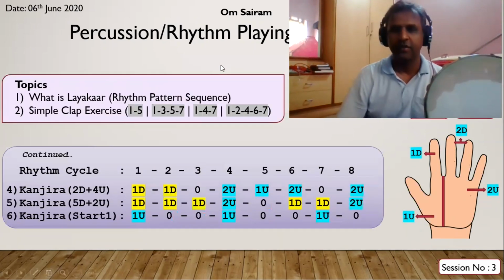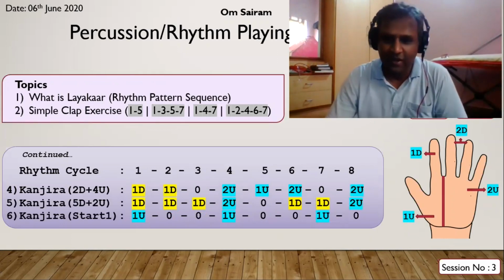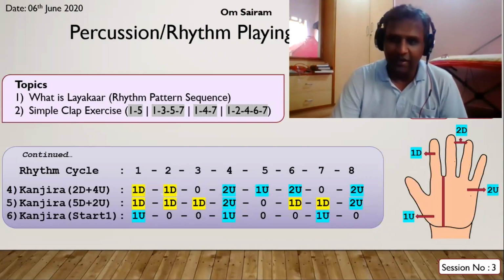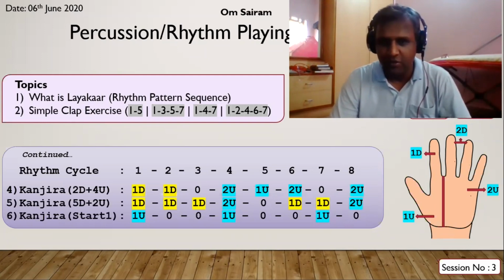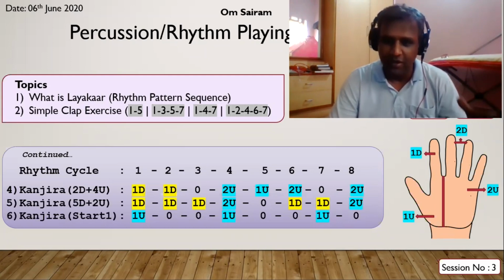In today's session, I want to tell you about what is layakar. In talam, or any talavadya or any rhythmic instrument, there is something called layakar. Laya means rhythm, akar means a form to it. So laya akar, so layakar. So layakaram in Carnatic or layakari or layakar in Hindustani is a common aspect with respect to how you pattern